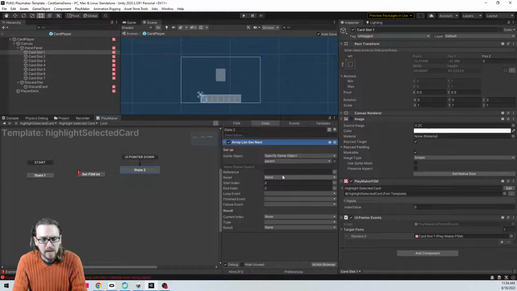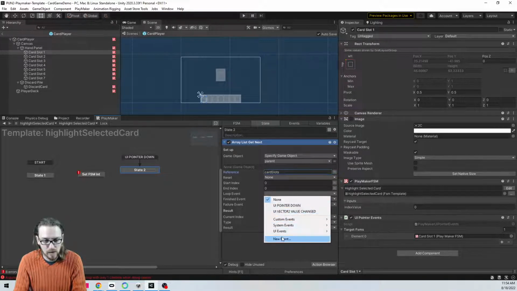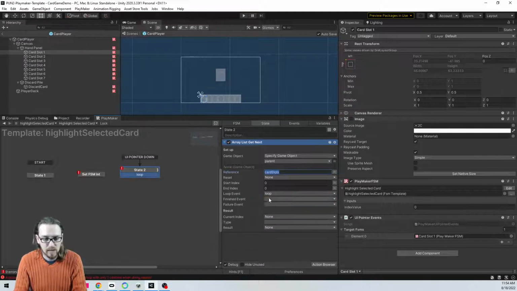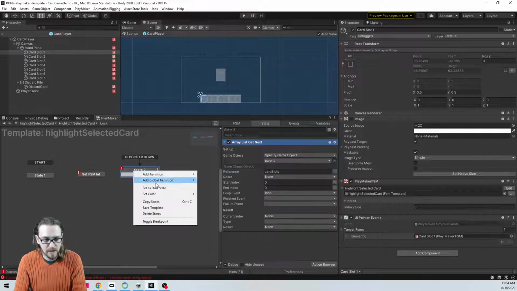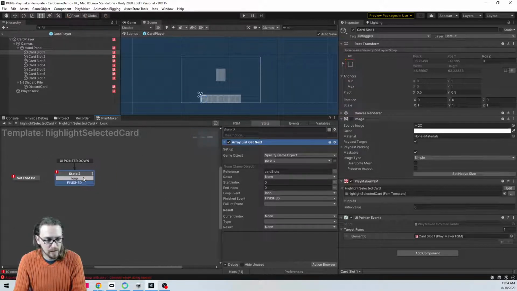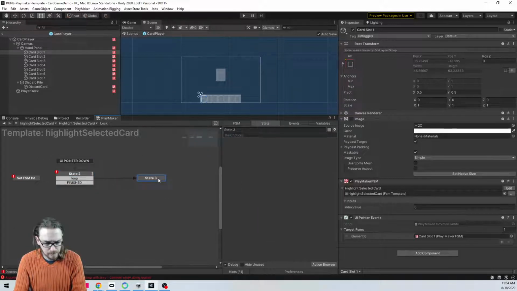And the reference is card slots. And what we're going to do is we're going to call this a loop. All right. And then when it's done, we'll also do a finished event. Add transition, finished, finished. All right. And so what we're going to do in our loop, and we'll just go ahead and bring you over here, is we are going to